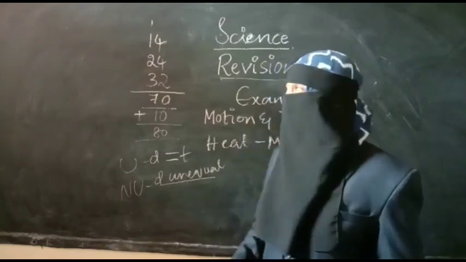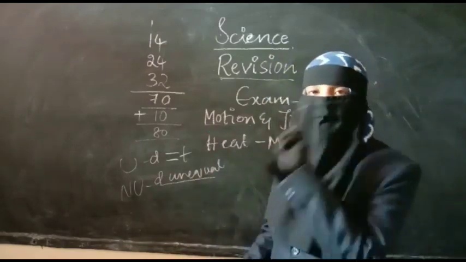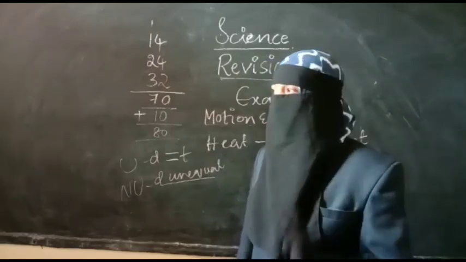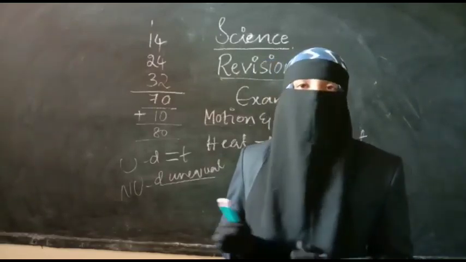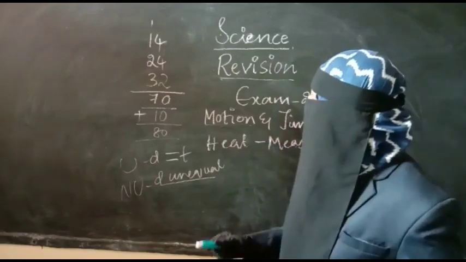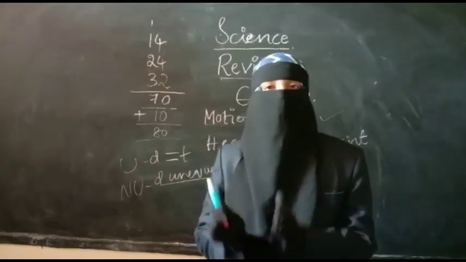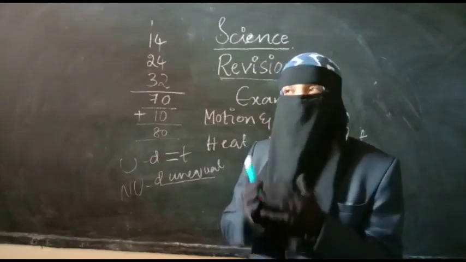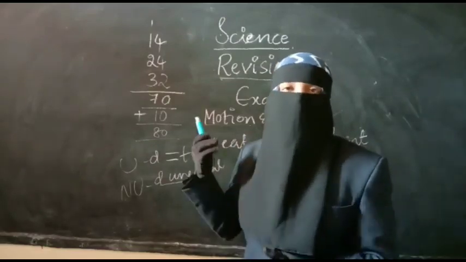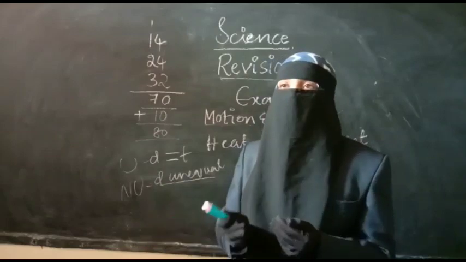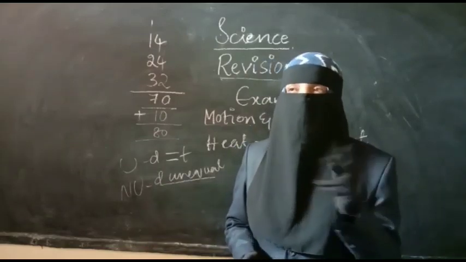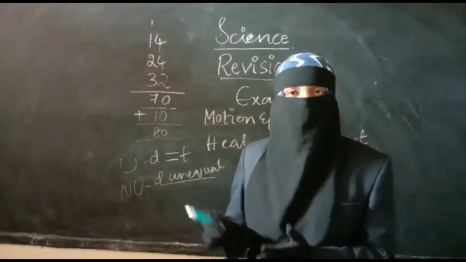Next, types of motion. How many types of motion are there? There are 3 types of motion: translatory, rotatory, oscillatory. The first one is translatory motion. In translatory motion, if an object is moving along with all its body parts in a particular way, then it is said to be translatory motion. Translatory motion is further divided into 2 types, rectilinear and curvilinear, based on the path followed by the translatory body.